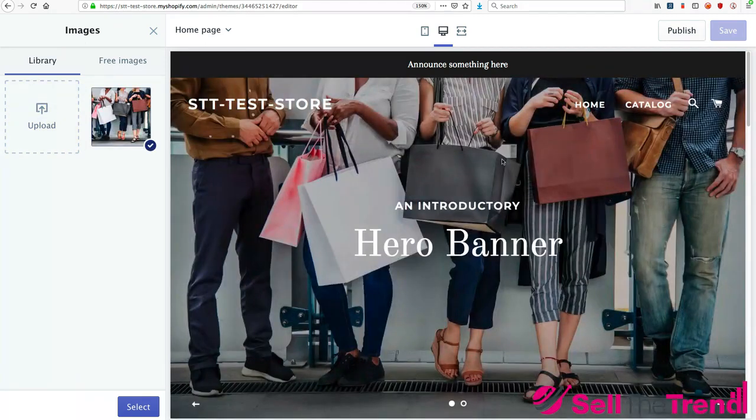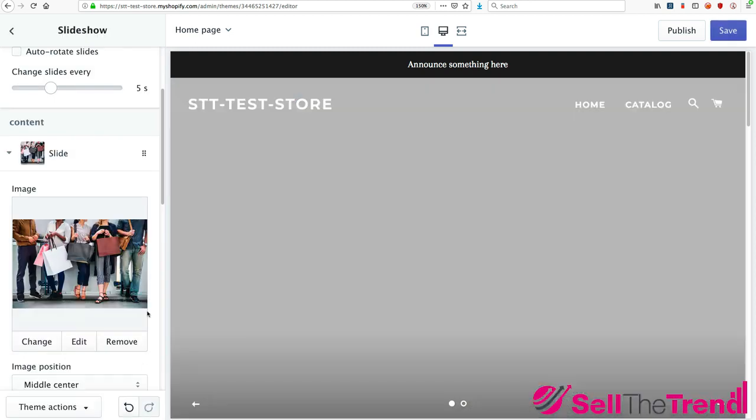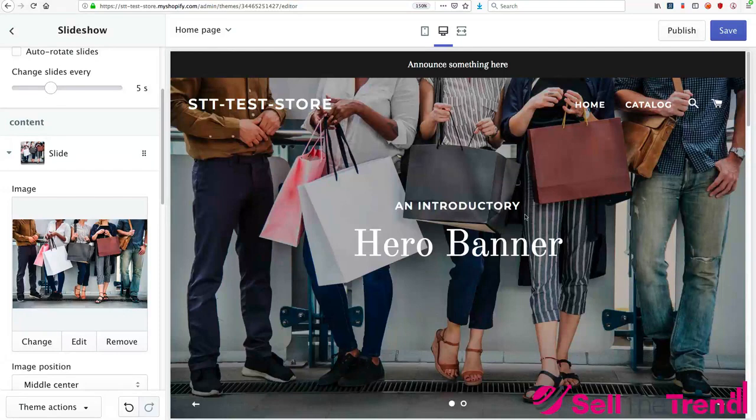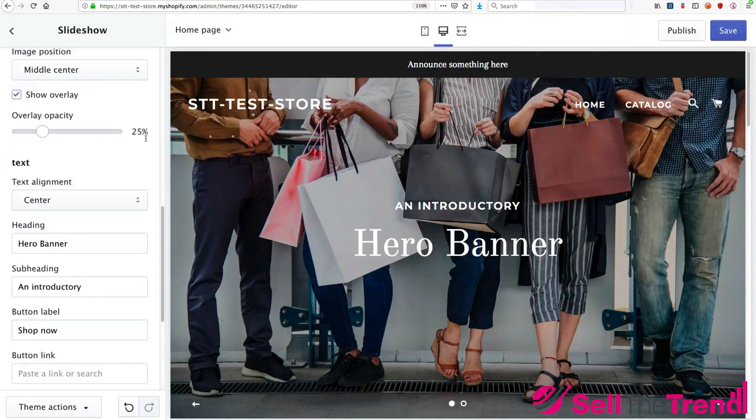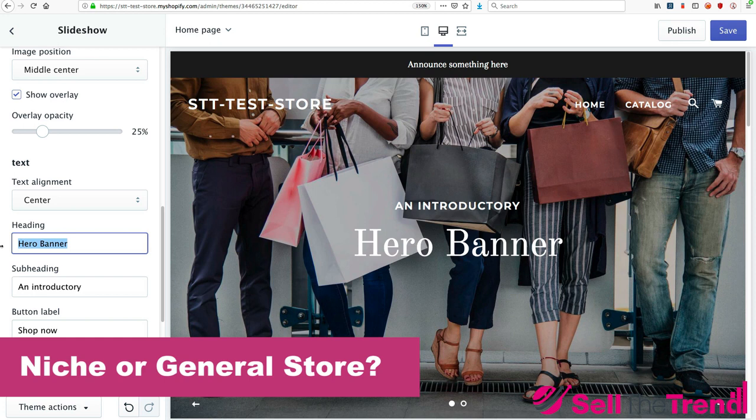And see now, right away, it changes the front of our store to this image here. Select that. Okay, so now we have a nice image for our store. Let's change the text here, this introductory. So let's say the subheading, the heading is going to be, actually, this is a good time to discuss whether